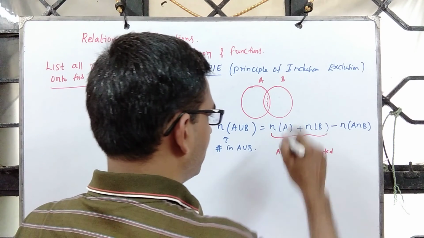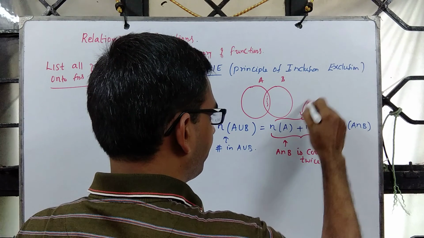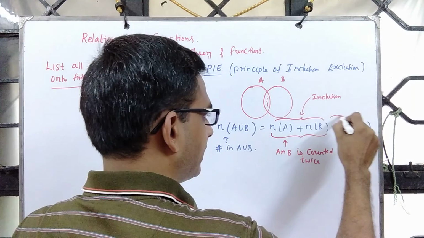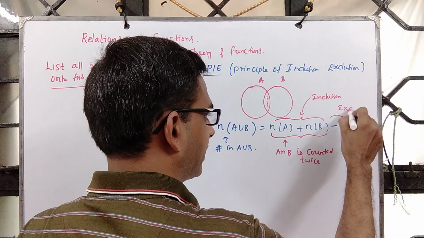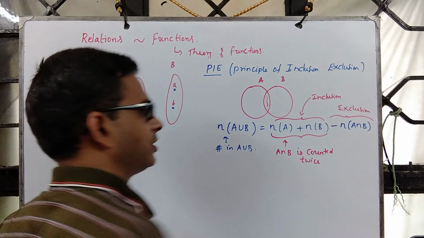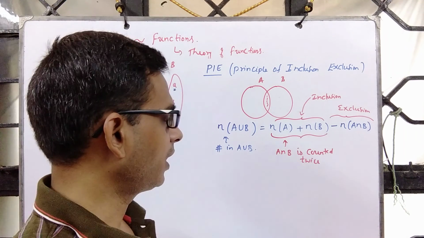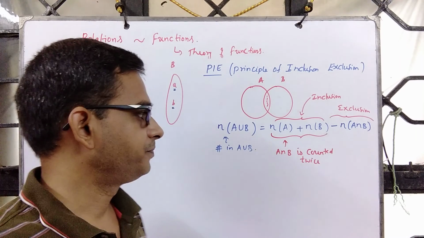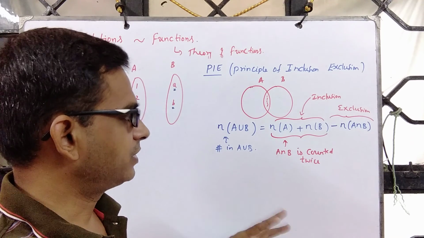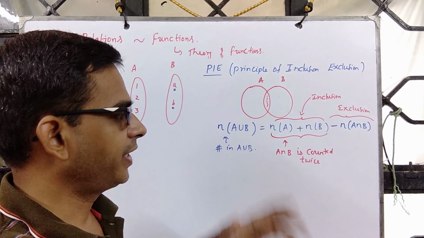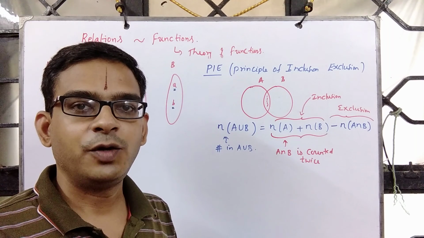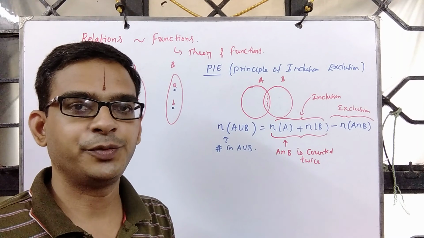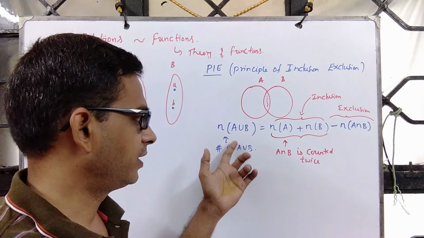So this is called inclusion, and as part of this counting, some subset is counted twice, so that has to be excluded. That's precisely what we have done. This technique can be applied to any number of sets. You can also look at it this way: you define appropriate sets A, B, C, D and so on, and look at their intersections. Then n of A union B union C union D can be counted using this technique.